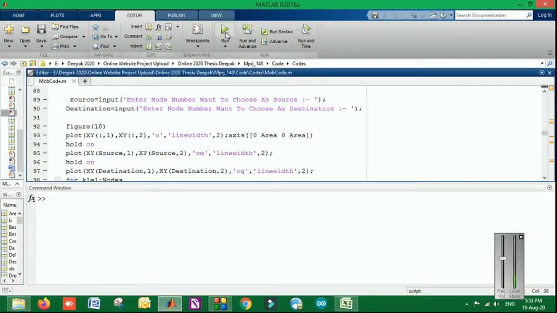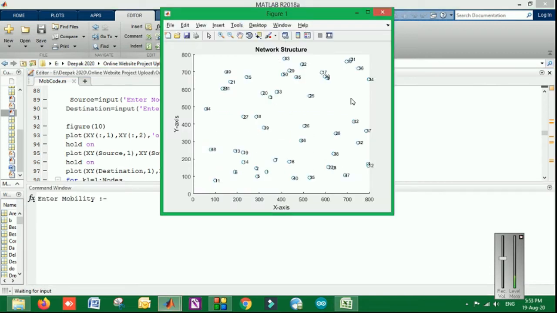When I run this code, you can see that firstly the network is initiated, in which a number of nodes are plotted. The area and number of nodes can be varied by changing the values in the code, and as it is a MANET, the mobility factor is to be changed, right? By changing the mobility value, we have done the analysis, calculated the results, and done the final comparison with the previous algorithms.